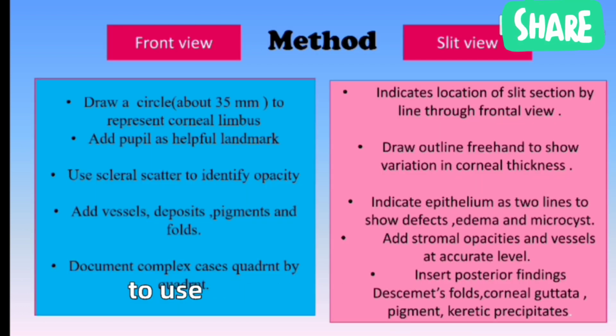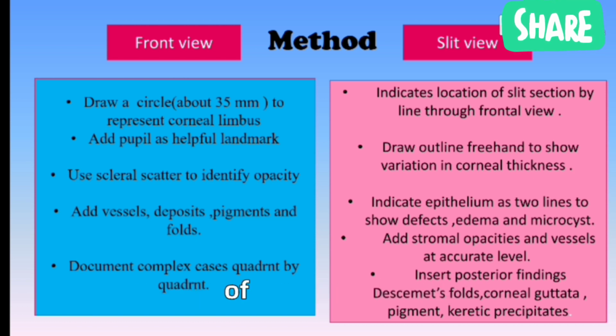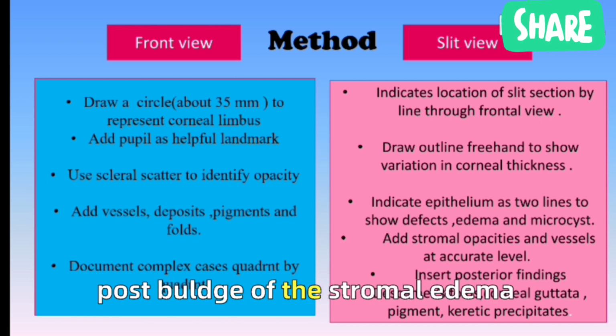For drawing you need to draw two views, the front view and the slit view. For the frontal view, a black circle approximately 35 mm in diameter is drawn freehand or with a circular guide to represent the corneal margin of the limbus. For the slit view, a freehand black outline of the corneal cross section drawn as two parallel arcs allows more accurate representation of the variation in corneal thickness, such as anterior ulceration, posterior bulge of the stromal edema, or diffuse